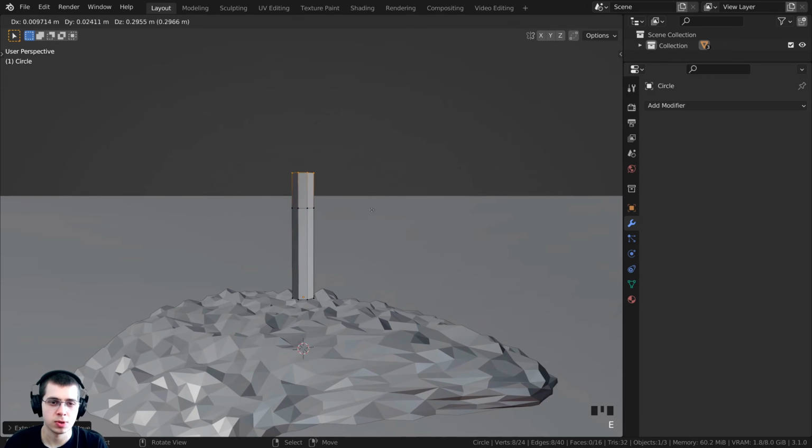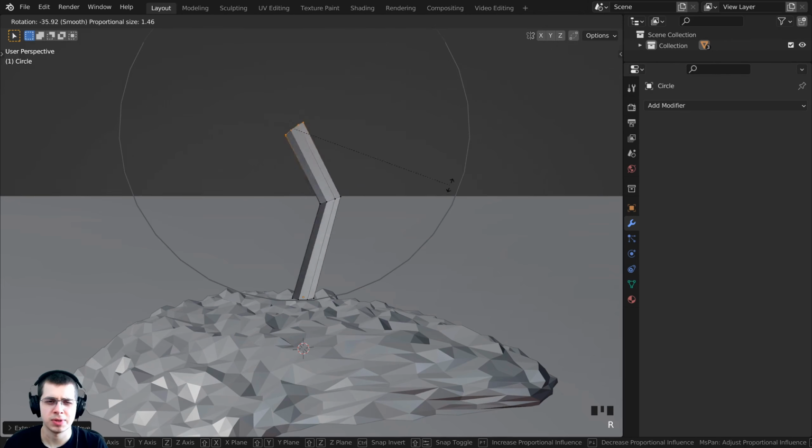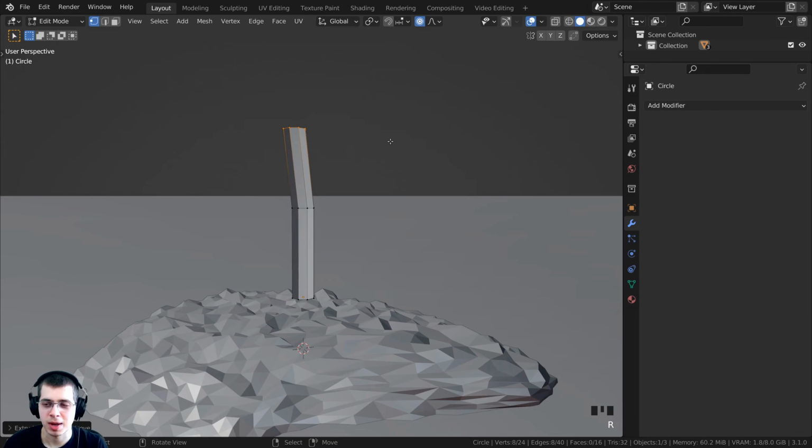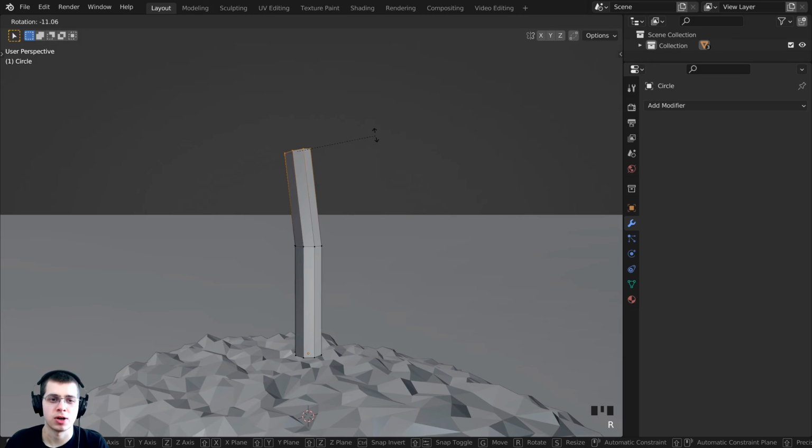So I can now press E to extrude again. And then I want to press R to rotate, and you can see that we still have the proportional editing on, and I don't want the proportional editing to be on anymore. So I'm just going to right click to undo that movement. And then what I'm going to do is press the O key or click right here to turn off the proportional editing. So I can now press R to rotate and S to scale,